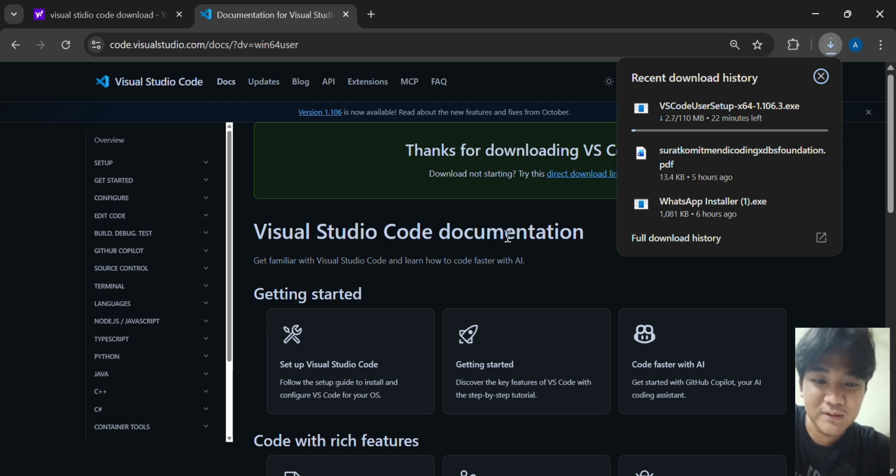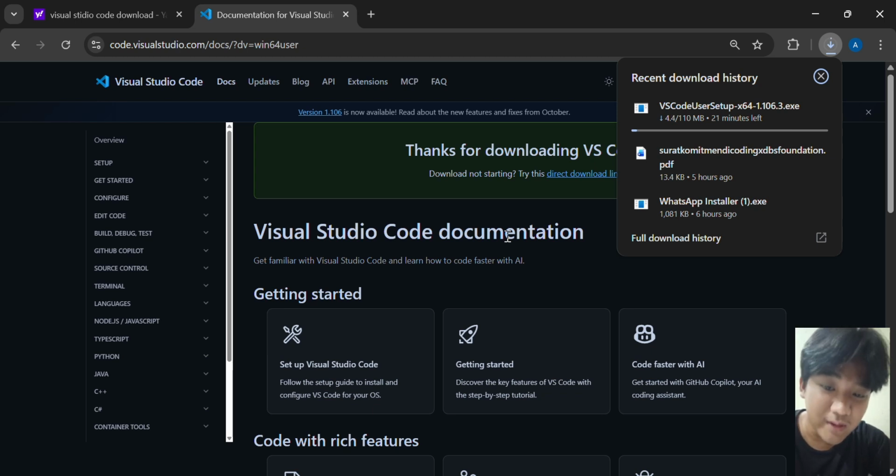While waiting for the file to finish downloading, let me explain a bit about VS Code, Visual Studio Code. Visual Studio Code or VS Code is one of the most popular code editors for developers.